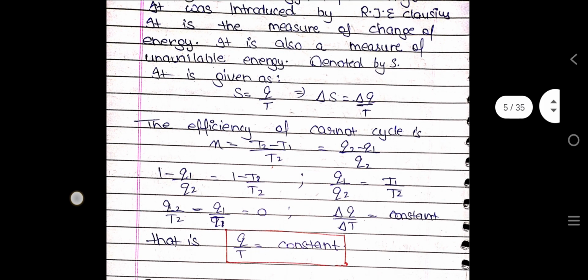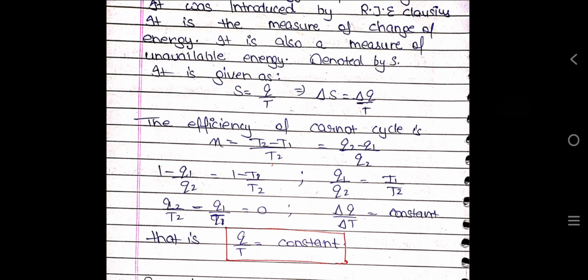Entropy. En means energy, trop means change. It was introduced by R. J. E. Clausius. It is the measure of change of energy. It is also a measure of unavailable energy, denoted by S. It is given as S is equal to Q by T, where del S is equal to del Q by T. The efficiency of a Carnot cycle is